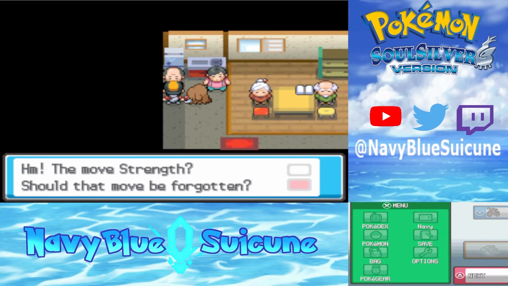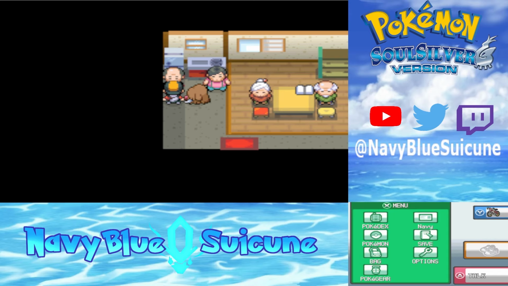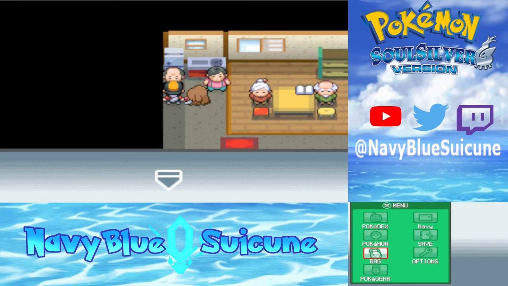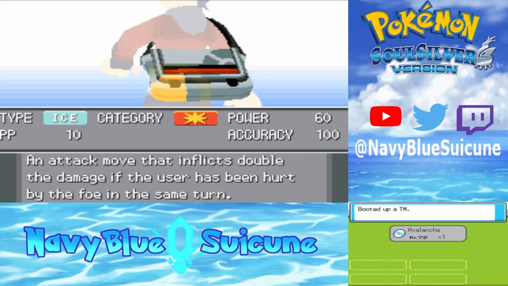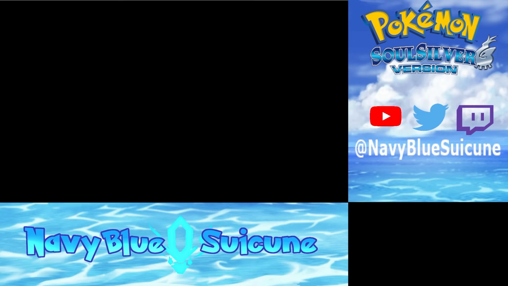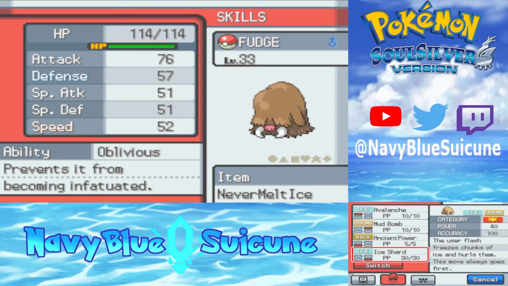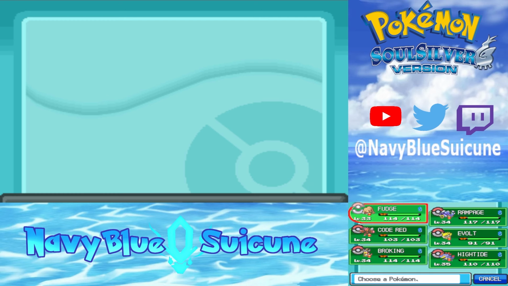Yes, please. It's fortunate that Fudge learns Earthquake by level up. So if we ever get the TM, we can give it to Gyarados instead, or someone else. Alright, now with Strength out of the way, let's go for Avalanche. Boot up TM, Avalanche. Hooray, Fudge learned it. Awesome. Now his learn set's looking a lot more polished. Okay, we have Strength on Rampage, but we got rid of Rock Smash, so...